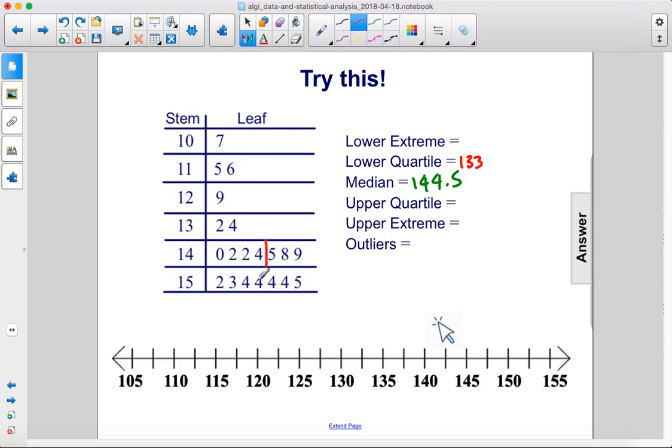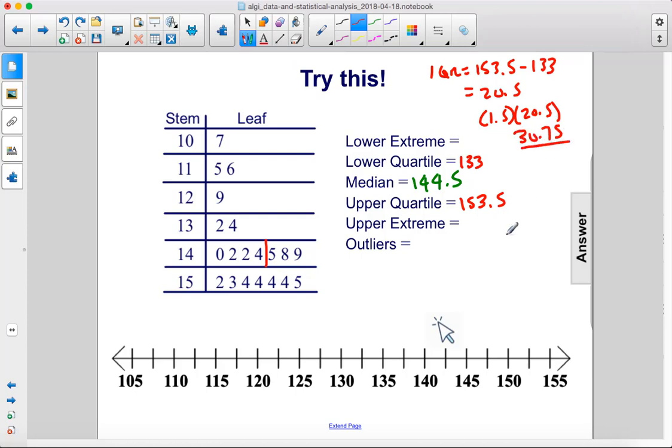And we will do the same thing for the upper half. We will average together 153 and 154 to give us 153.5. All right, so now we can calculate our IQR, which is 153.5 minus 133. That gives us 20.5. When we multiply this by 1.5, we get limits of